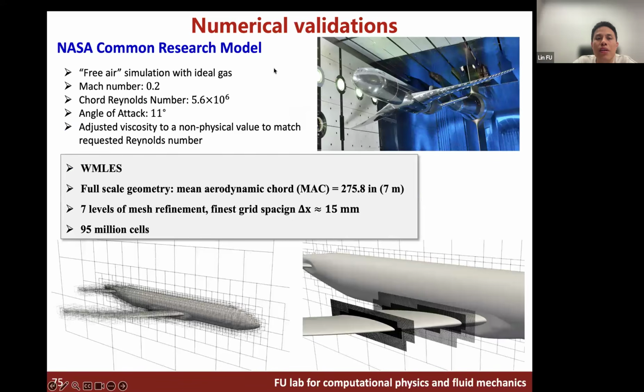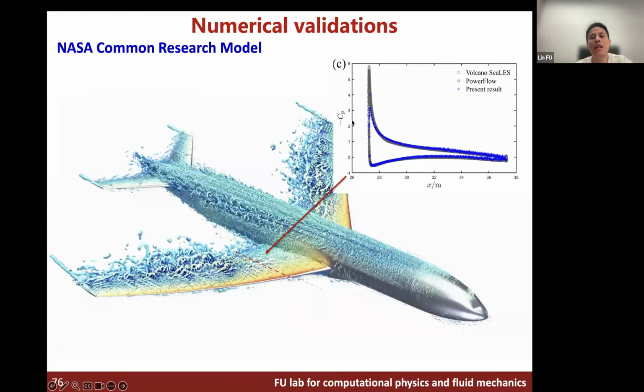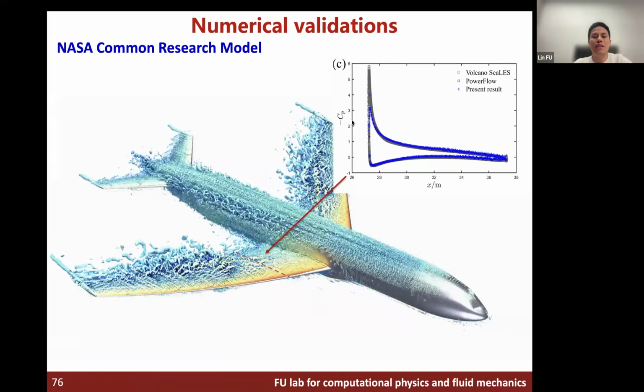At the last, we show the NASA Common Research Model, which is at a high Reynolds number, but also low speed. Here we show the mesh adaptation, and we almost use 100 million cells, of course. This is a very high Reynolds number. This is the animation we eventually generated. Okay, so you can see the tip vortex and this flow separation and all this kind of small-scale structure are well captured by our